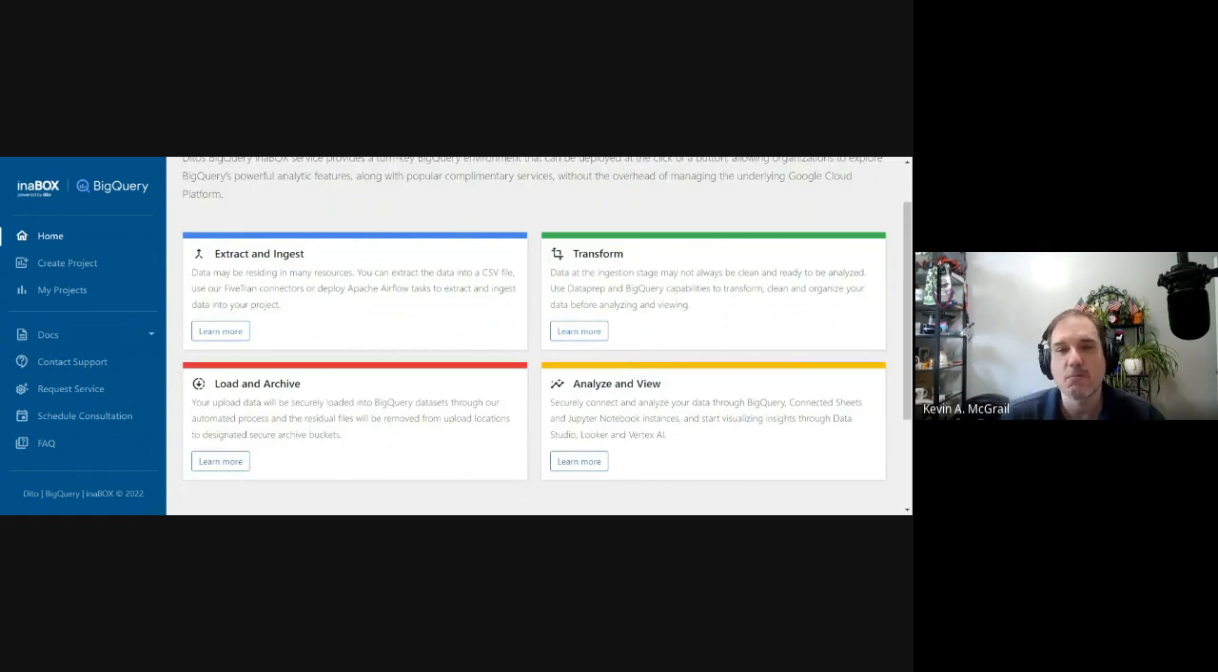For today's purposes, what we're going to focus on really is the load and archive section and the analyze and view. Those are the 2 biggest barriers that most people have when they're trying to get to this system. So, we're using MFA, we're logging in, and we're going to navigate to BigQuery in a box over here,